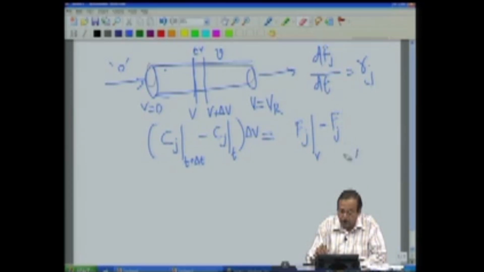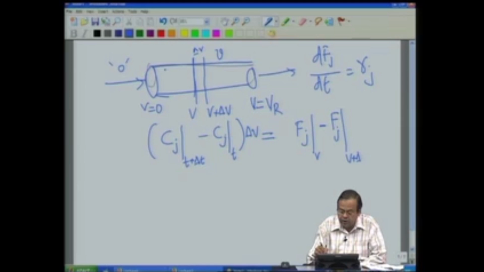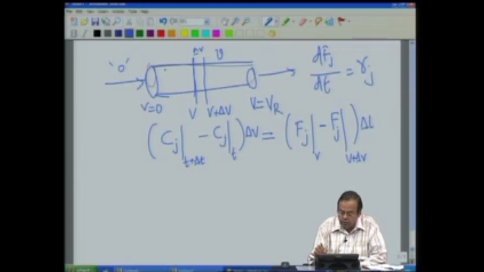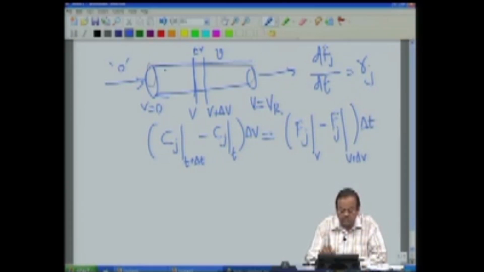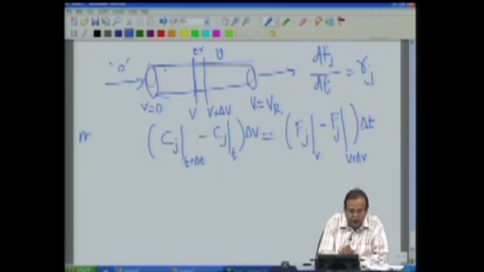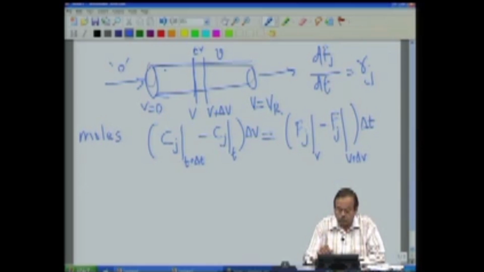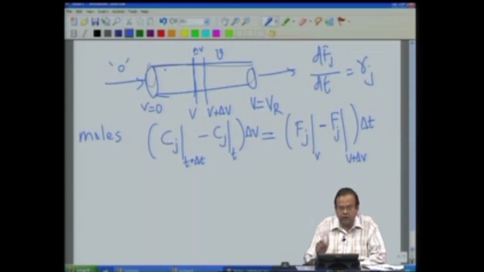So, in minus out, V plus delta V, and this in small time interval delta t. Remember, we are writing balance for mass, so everything has to be in terms of moles. So, this is what is coming in, Fj at volume V minus Fj at V plus delta V, into time interval delta t, that short time interval, is what is coming in and out, plus